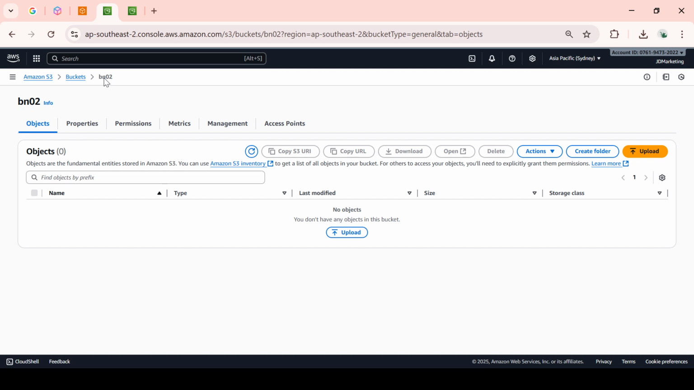And that's a wrap. You've learned how to set up your very own AWS S3 bucket and manage your cloud